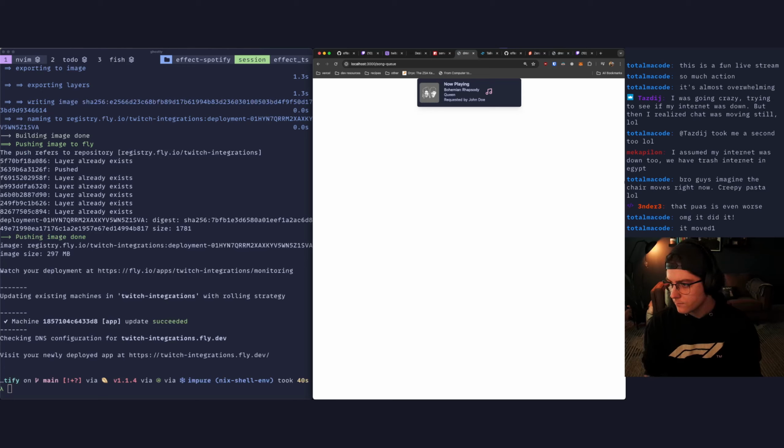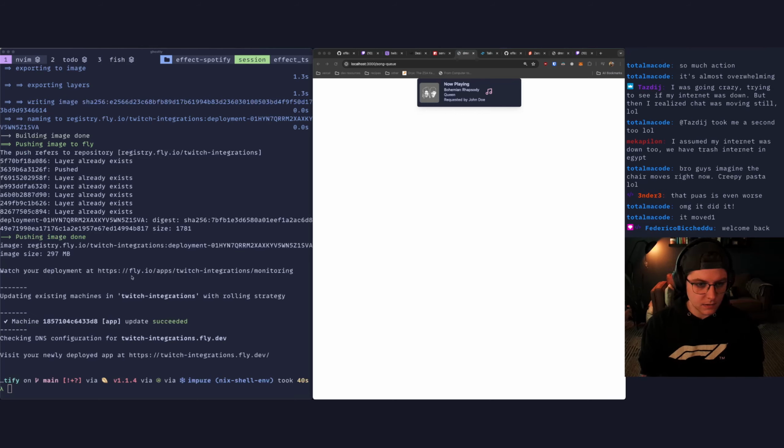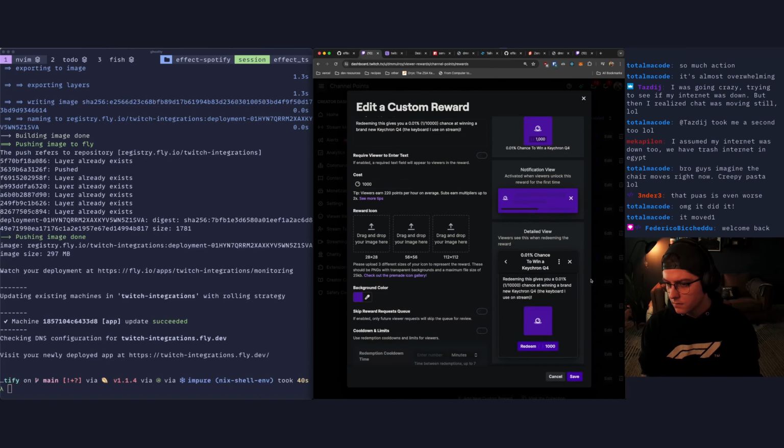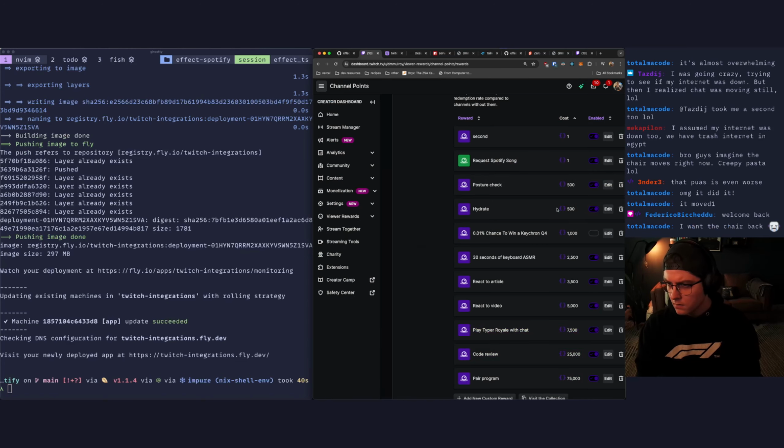Then we should also be able to, let's see here. What do we want to check? I need to re-enable this. Turn that on.